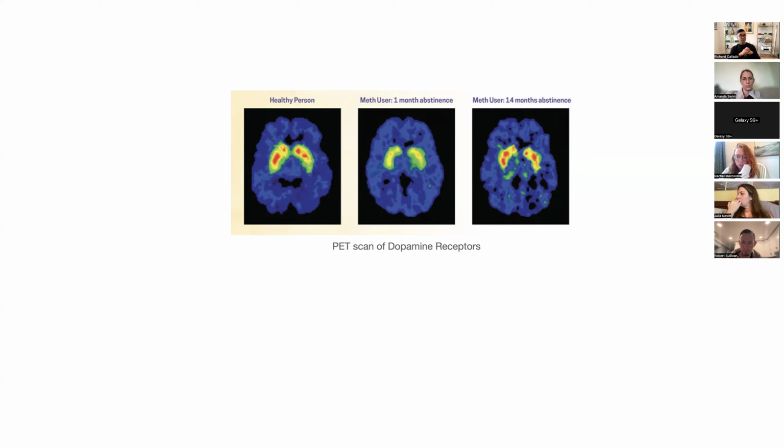But if you give someone a partial agonist, right, the affinity for that partial agonist, in theory, will be higher than the dopamine that your body's secreting, right? So even though they're using methamphetamine, that partial agonist is going to stay at the postsynaptic receptor, and it'll stop them from becoming psychotic, getting the euphoric effect, and hopefully stop the cravings. All right. But again, the studies are still ongoing, but that's the science behind it. Using a partial agonist with a higher affinity than the substance itself to stop the cravings and to protect the person from that. All right. Make sense?